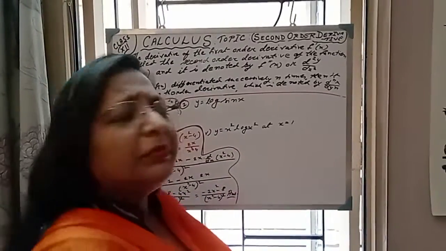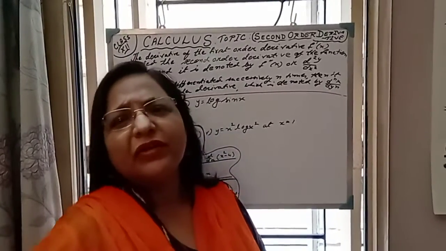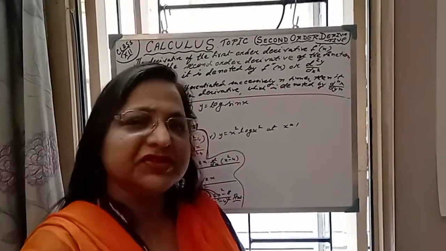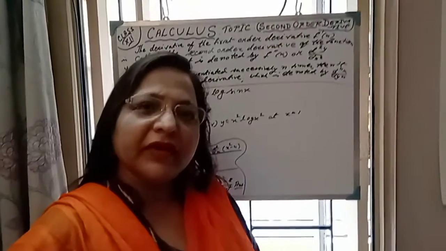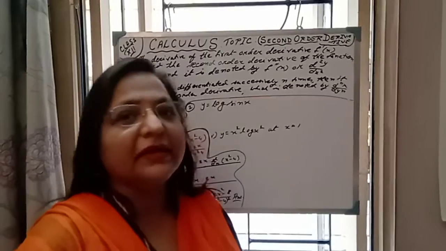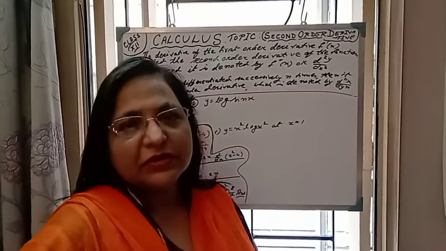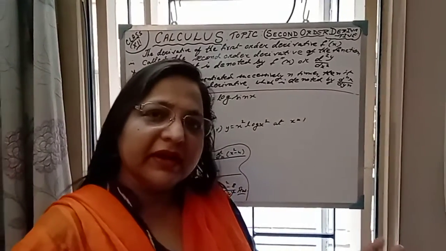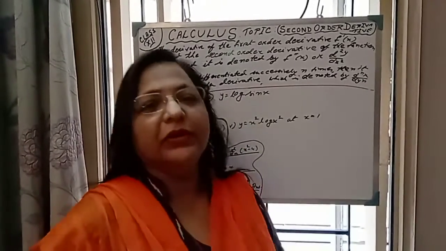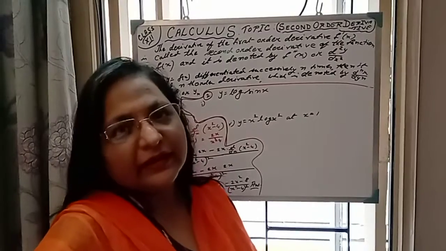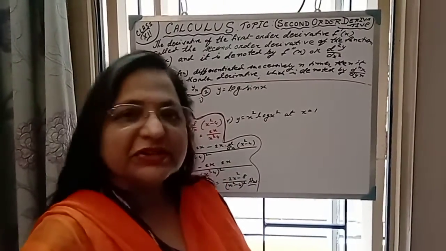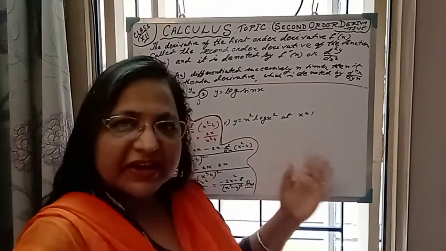Okay, before starting this, I want to say something about your copies. One algebra copy you must make. In the algebra copy, already we have started matrices, and after matrices we will do determinant, and then again matrices, one part is left, the solution part, and everything that will be done in arithmetic will be in the algebra copy only. And one other copy you have to make, that is for calculus. We have started the derivative, first part already done. This is the second part.